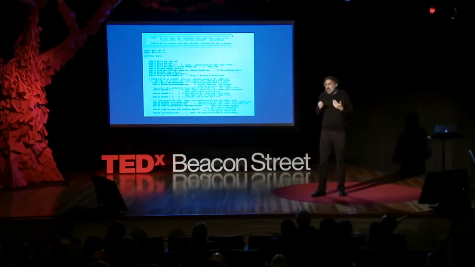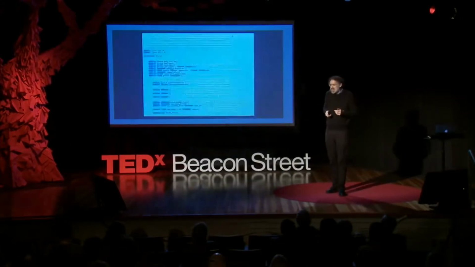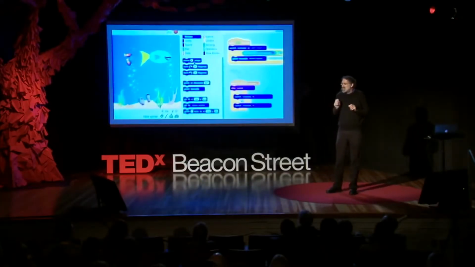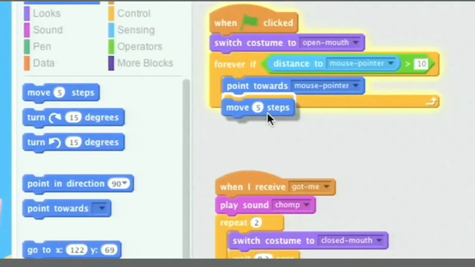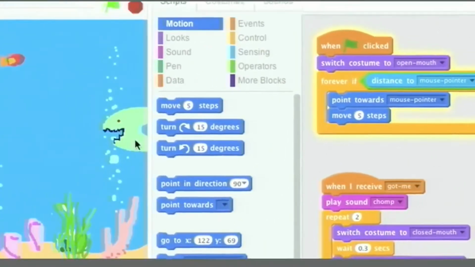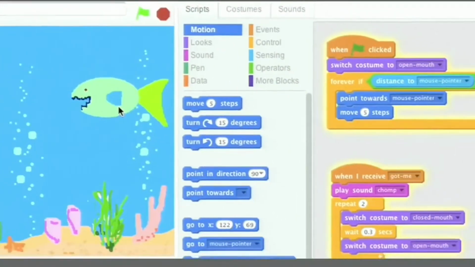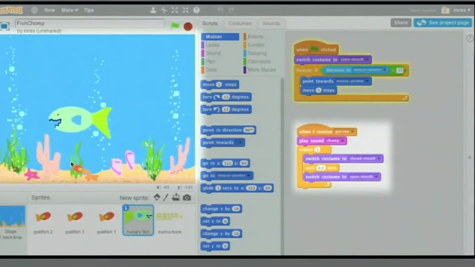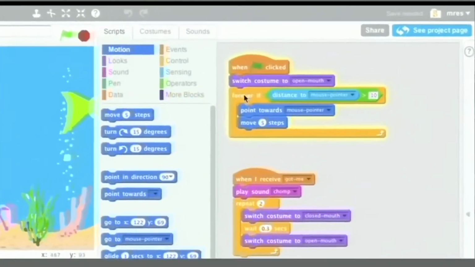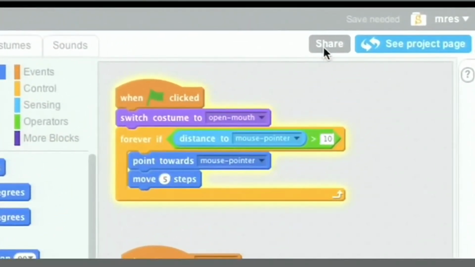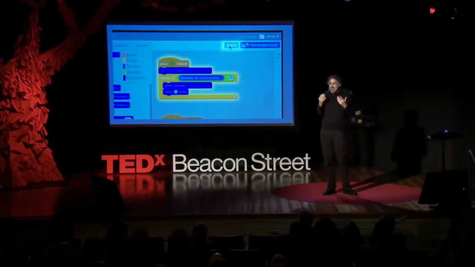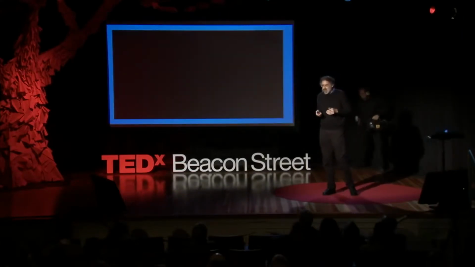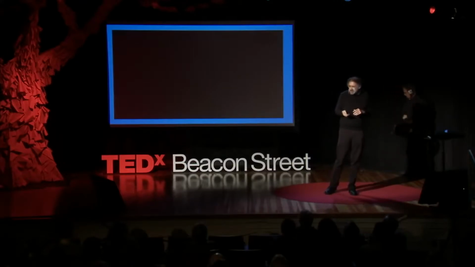Let me show you what it's like to code in Scratch. So in Scratch, to code, you just snap blocks together. In this case, you take a move block, snap it into a stack, and those stacks of blocks control the behaviors of the different characters in your game or your story. In this case, controlling the big fish. After you've created your program, you can click on Share and then share your project with other people so that they can use the project and start working on the project as well.